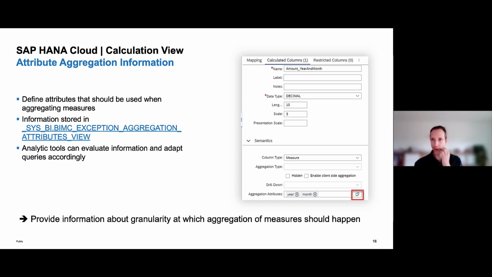Now we offer the option to define what you expect the query to ask for. So if you go to a calculated column or to a measure in general, you now have the option to specify that you expect the aggregation attributes like year and month in this example here. This information then is stored in the metadata. The view is called BMC exception aggregation attribute view. And if a client